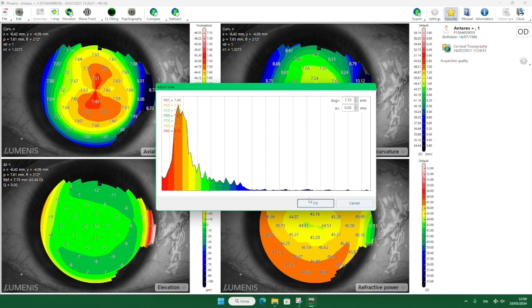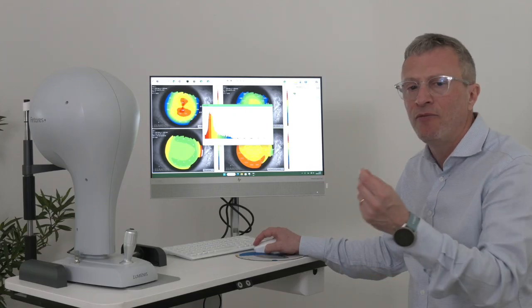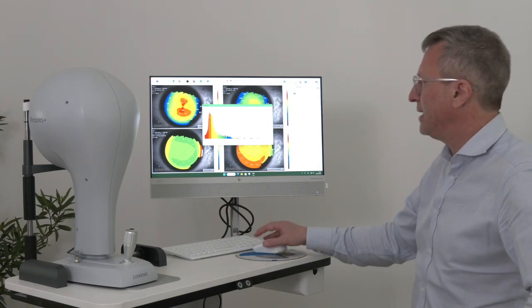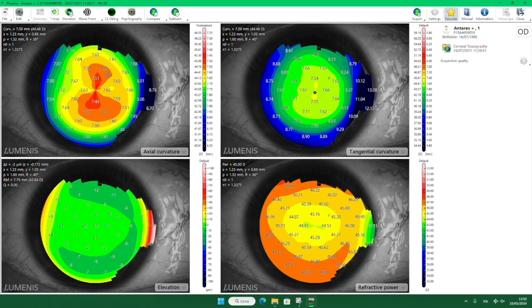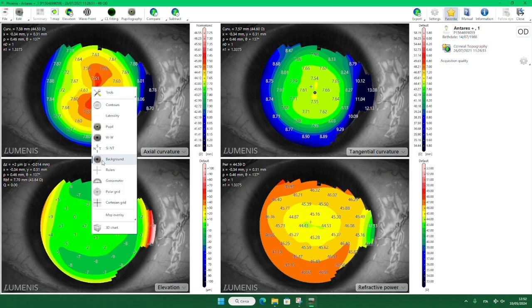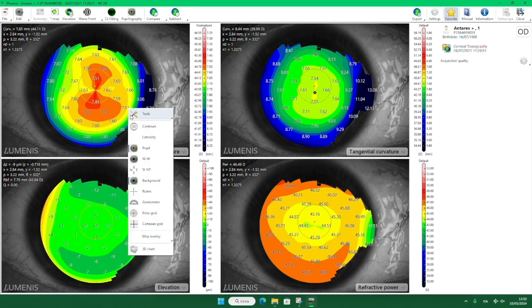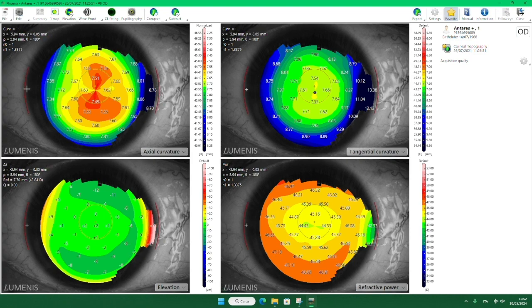And this is very important if, for example, I want to pick up some very small, tiny changes in fluctuations in the surface. Once we have normalized the map, here it's possible to see a prototypical with-the-rule astigmatism, and I can overlay something on the map. For example, with the right button of the mouse, I can choose to enhance the pupil size or the white-to-white diameter, so the white-to-white